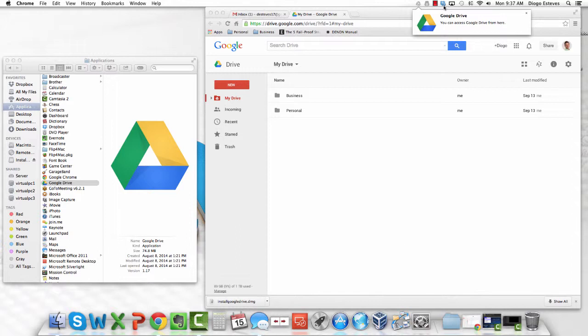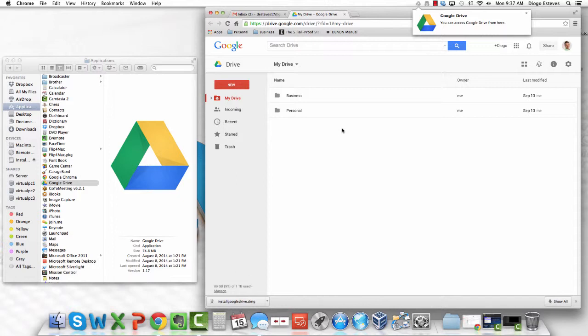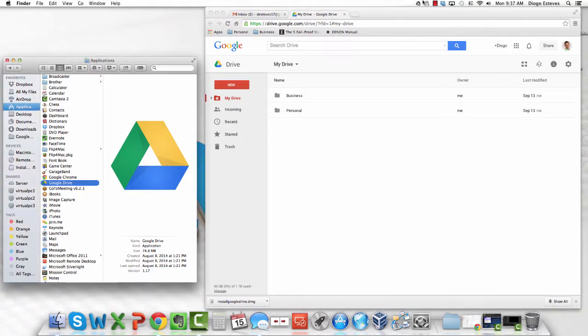Now, as you can see, we have Dropbox over here, and this little round blue thing means that it's downloading, it's syncing up. I'm going to show you guys how to stop the sync, and then how to eventually delete the Dropbox as well. First of all, it's asking for the authorization, so this is going to be the computer password. It just wants to make sure that Google Drive has permission to download. And then as you will see,